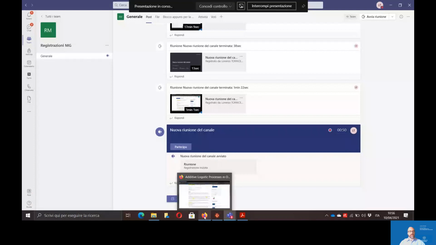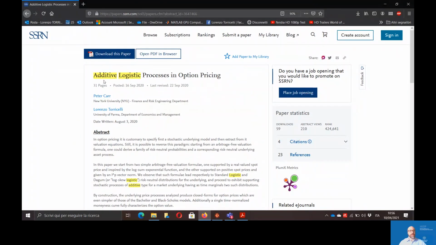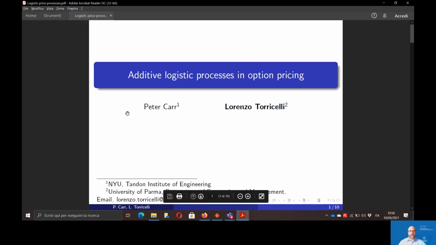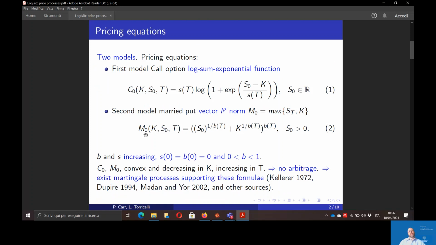The talk is based on this paper, Additive Logistic Processes in Option Pricing, which is available at SSRN and will be shortly updated. So what is the idea to generate logistic underlying security martingale processes? The idea is to start from valuation equations. So we start from no arbitrage